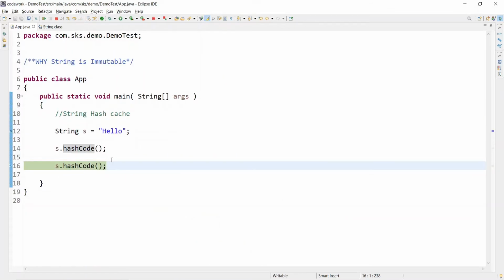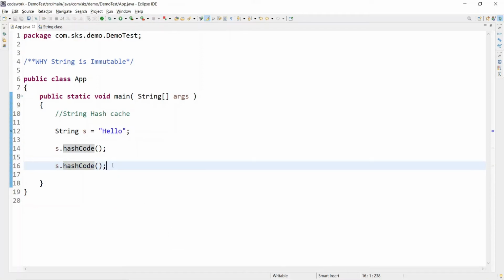So let's say you need to get the hash code again and again, for 50,000 or 60,000 times, and you keep calculating the hash code. How much would the performance degrade? For that reason, the immutable String class does not keep changing the hash code; it only calculates it the first time, and it caches the hash code in the string object. So now the question is, how is it beneficial for us? In which case will we keep calculating the hash code?